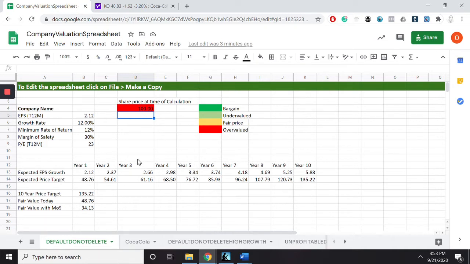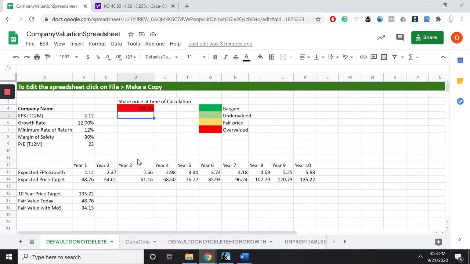This spreadsheet is loosely based on Phil Town's Rule 1 investing valuation model, and we've adapted a couple of things just because I felt his model was a good base, but it was a little bit overly simplistic, and I thought I would tweak it a little bit, and we have